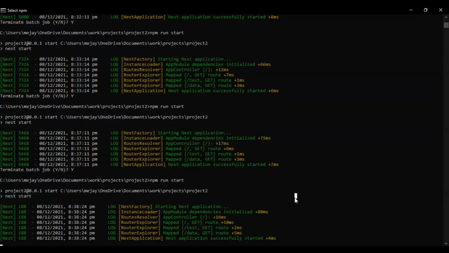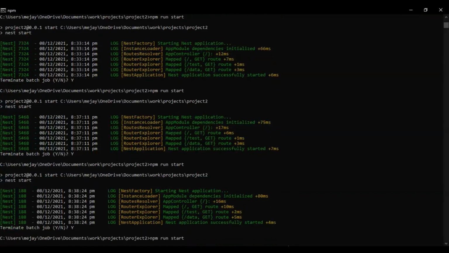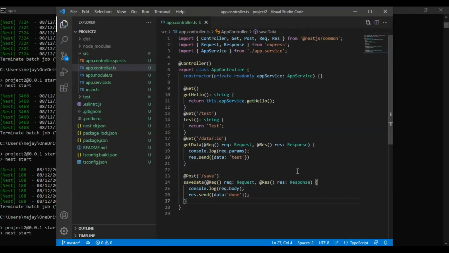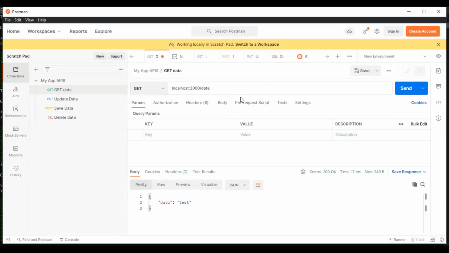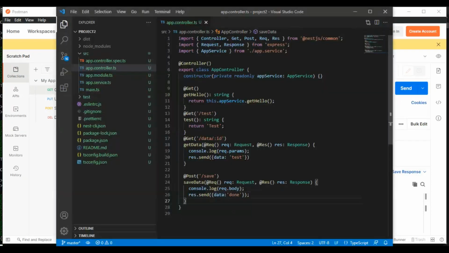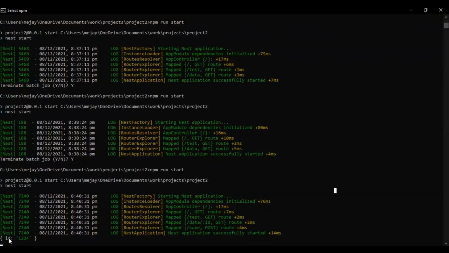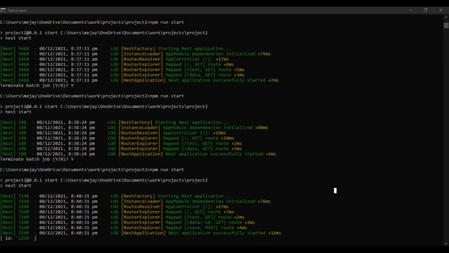So let's save these, go to terminal, rerun. So you can see it is very easy to understand and create a REST API without any effort. You can add one layer which will hold all your routings. So that is also available in Nest.js that you can use. So now you can see the server is started and up. We can test this /1234 send. We can see we are getting a response, which means it worked. So we need to check in the console. Yes, we can see ID 1234 is coming.